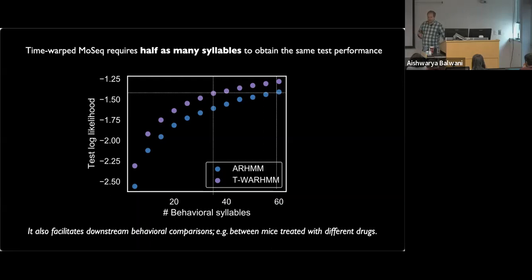And I won't show it here, but it also facilitates comparisons between mice from different groups. Maybe I will show this a little bit, let's see. But for example, if you give mice amphetamine, then in general, they speed up. But do they speed up all syllables equally, or do they just speed up particular running-related syllables? It looks like it's a sort of uniform shift in the speed or the vigor at which syllables unfold. And that's regardless of whether it's grooming-related behavior or walking-related behavior.